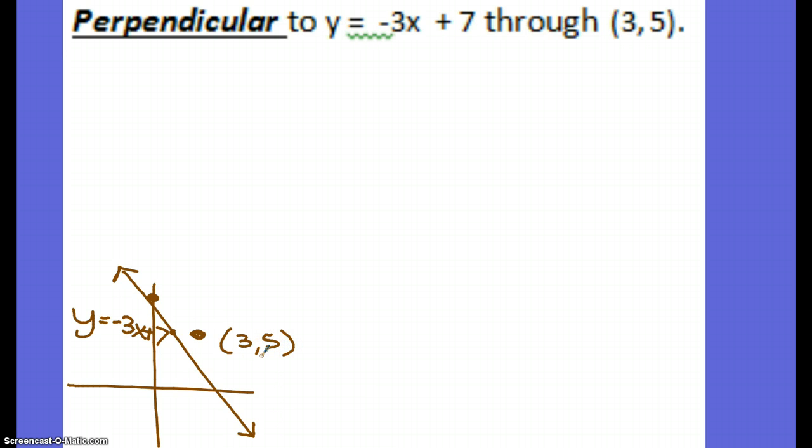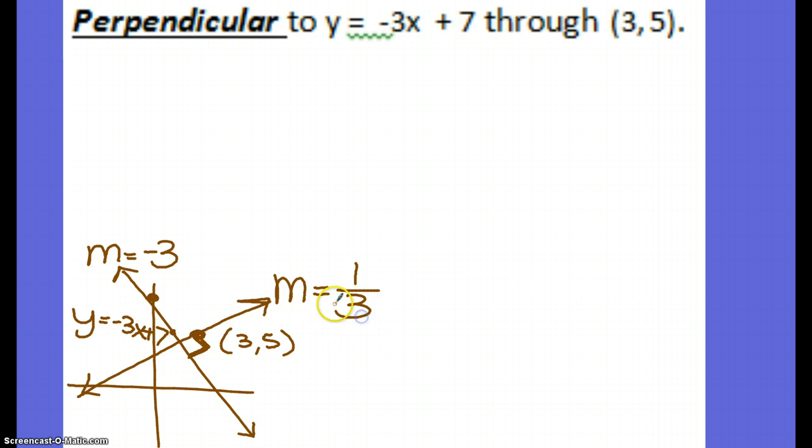And what we're trying to do, we want a line perpendicular to this line that goes through the point 3, 5. So we know that we have a slope here of negative 3. So if we need perpendicular, we need to change the sign to positive and then take the reciprocal. So the reciprocal of 3 is 1/3. So I'm going to use 1 over 3 as the slope. We need it to go through the